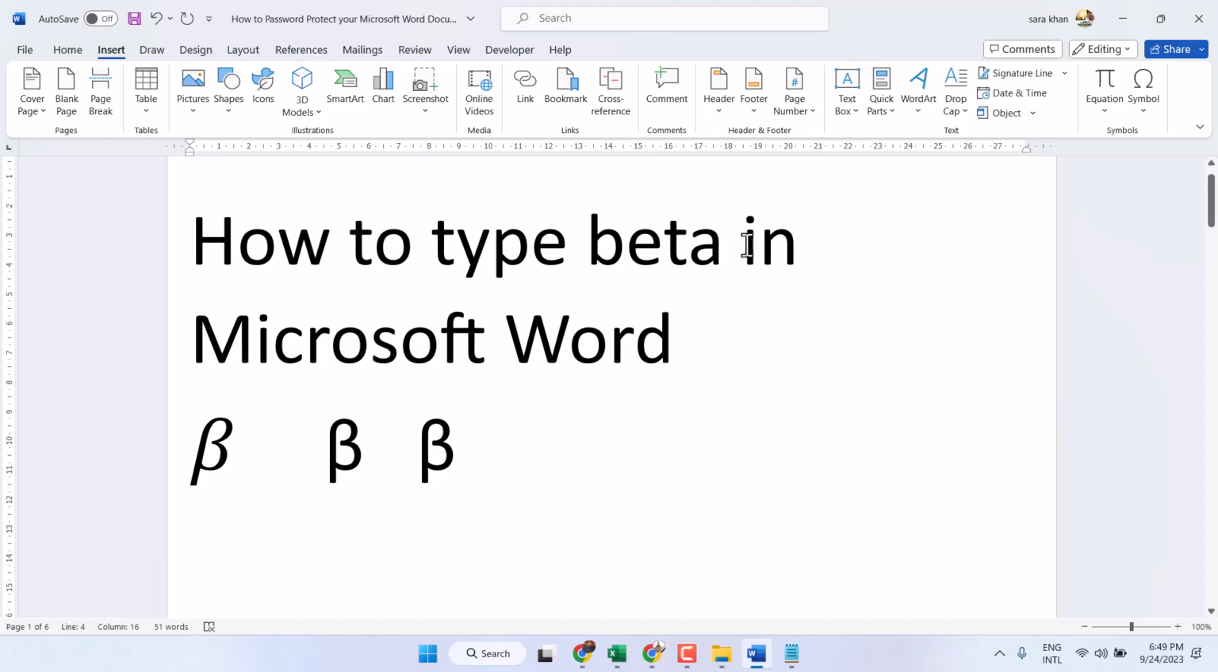Hello guys, in this short and basic video, today I will show you how to type beta symbol in Microsoft Word document. So there are three methods. First one,